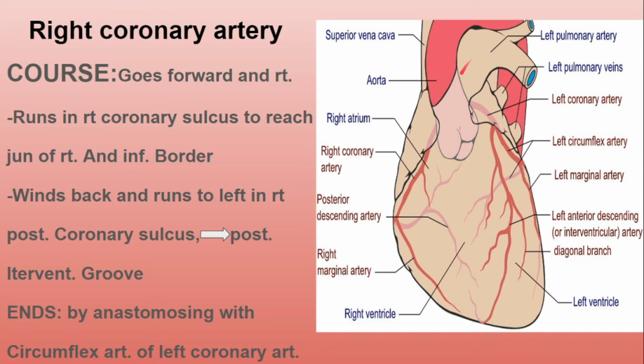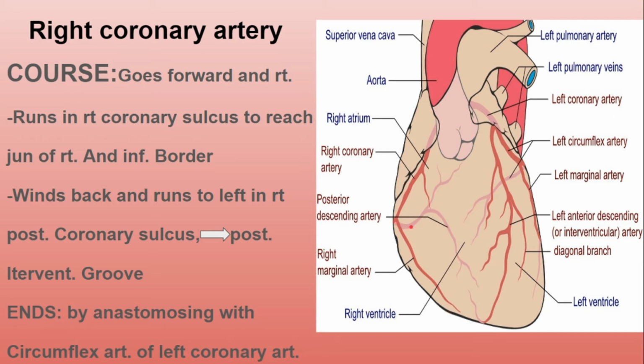This is the pulmonary trunk over here, and the right auricle. Somewhat here you can see this is the right auricle, of the right atrium. It then runs downward. Just go through the diagram. It then runs downward in the right anterior coronary sulcus to a junction between the right and the inferior border of the heart. This is the right border and this is the inferior border. So it will go downward to the junction between these two borders.